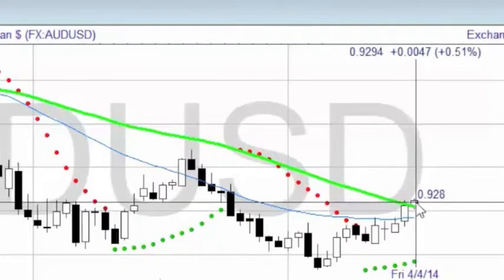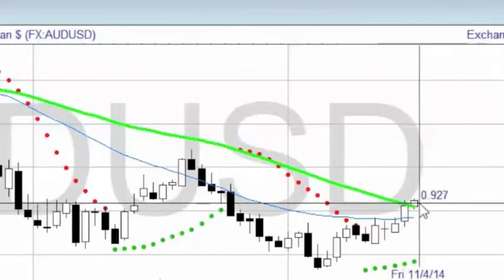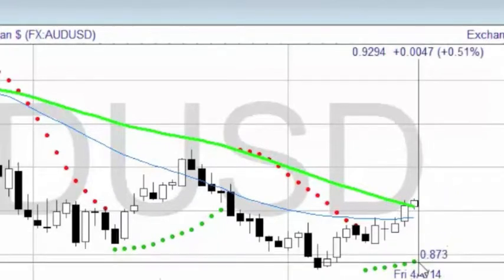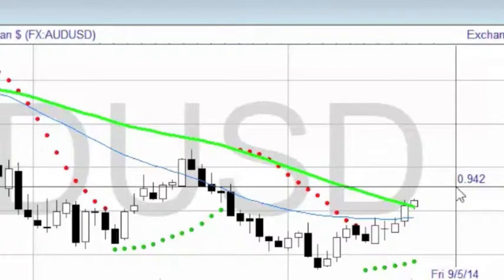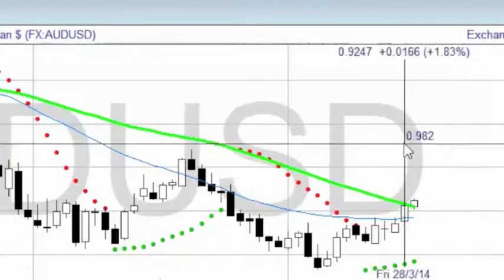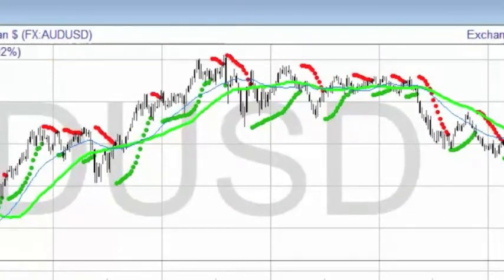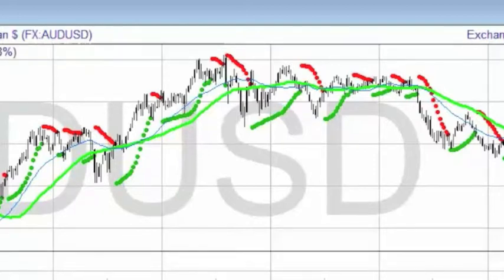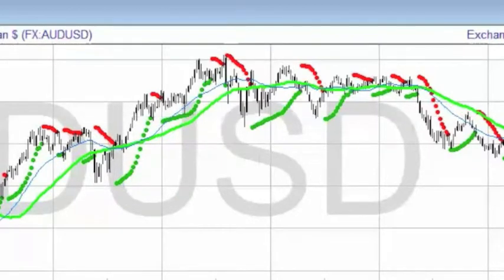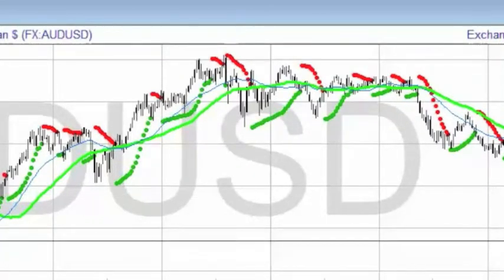So I've opened a long position buying the Aussie dollar, and my stop is down here, and I'm just going to track it up and we'll see what happens. So it's kind of interesting looking at the price of the Aussie dollar. You can see that back in 09 the Aussie dollar had got down to a very low place from being up much higher earlier in 08, and this is of course the economic crash which made the Aussie dollar fall